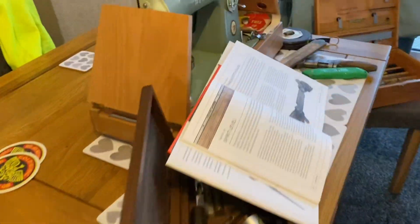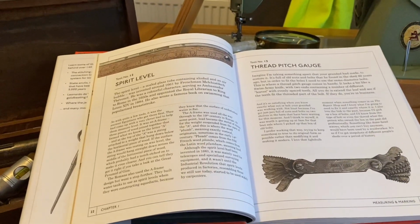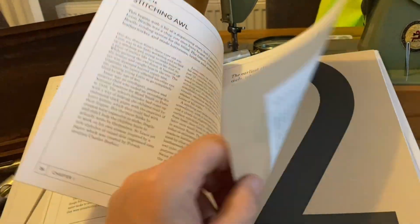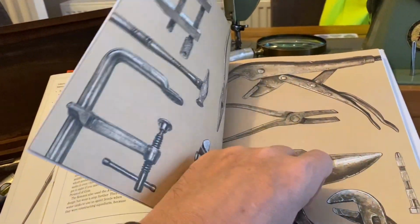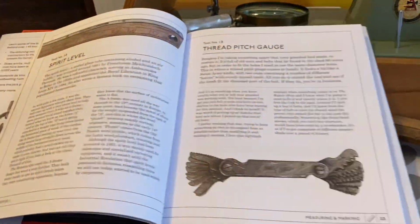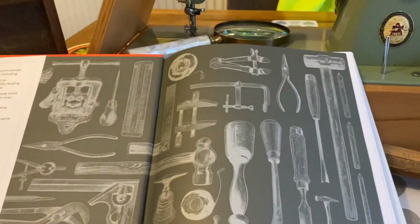Right, where were we? Isn't this, are you hooked? I'm absolutely, completely hooked on this book. And if you want somebody to read this properly out to you, just let me know which particular item you want me to read out to you, and I will. Hold on, let's do the pages. So, if it's in chapter 1,